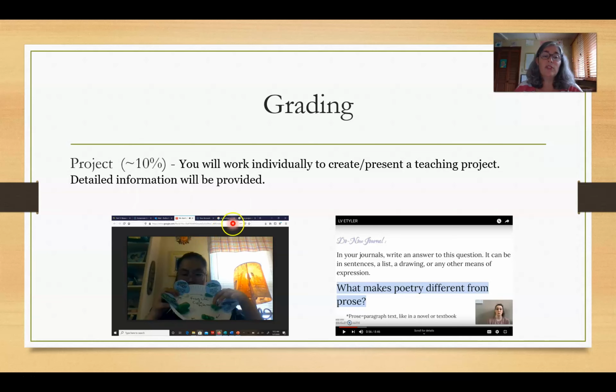We had students teach a lesson using technology. So here's one student that did one on the life cycle of the frogs. Here's another one who did a poetry lesson. So we will find a way to make it work. I will probably wait until around week 6 or so to talk about what the format is going to be.